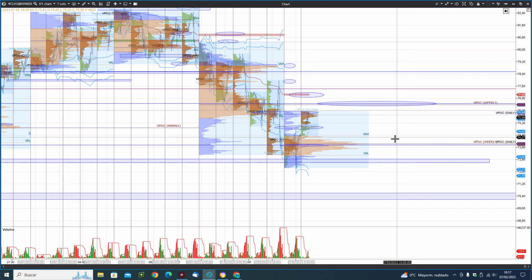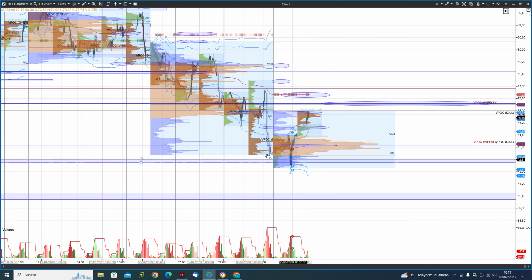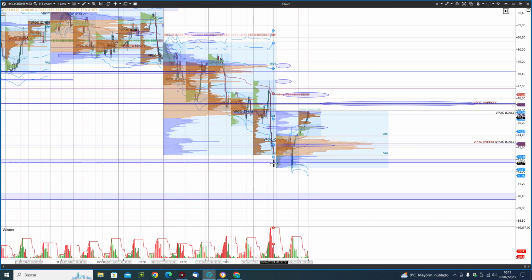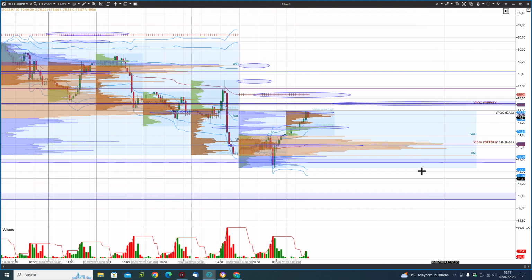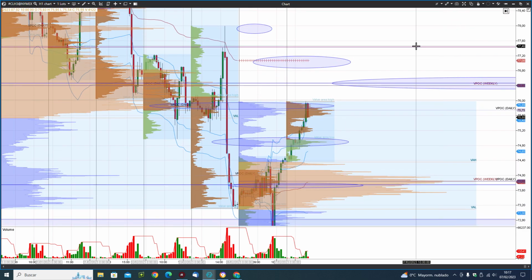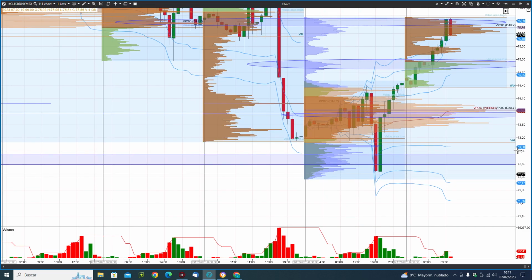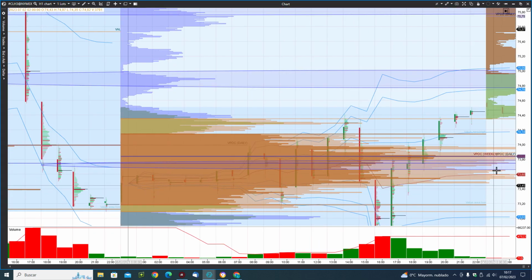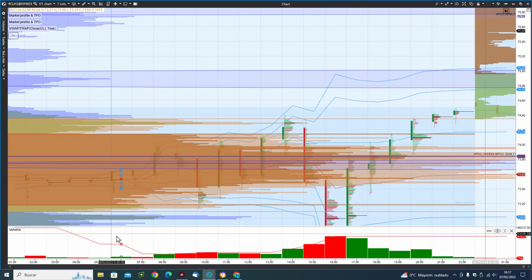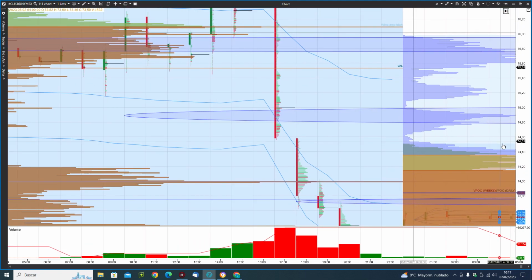light oil. We had the lower target was this price action zone, it touched it and rebounded. Here we have a target, we have here a point, very interesting point. Let's see if we can